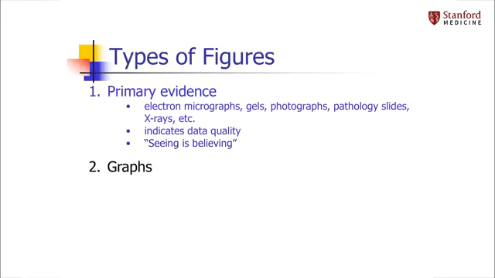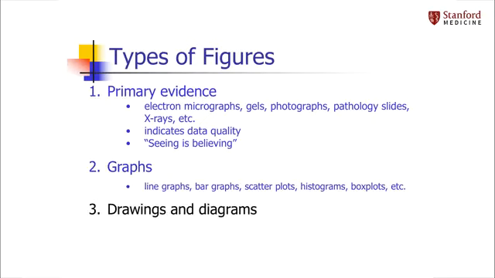Second, there's graphs. These are graphical ways of displaying your data, things like line graphs, bar graphs, and scatter plots. I'll talk more about these in a minute. Finally, there are drawings and diagrams. I don't think people use these enough, actually. Drawings and diagrams are a bit underused in the scientific literature. They have really nice uses. You can use them to do things like illustrate an experimental setup or a workflow,